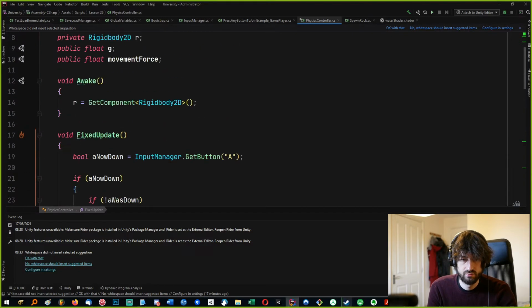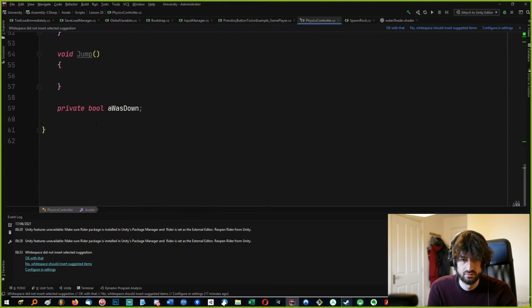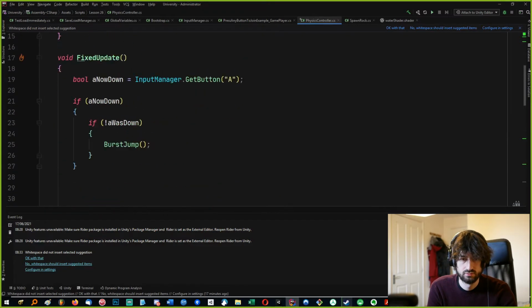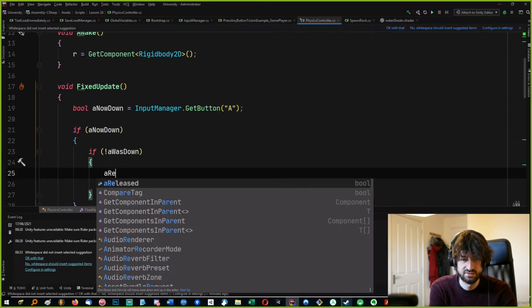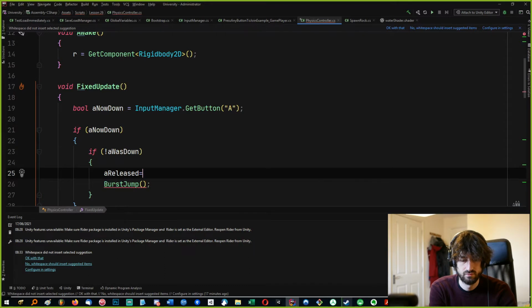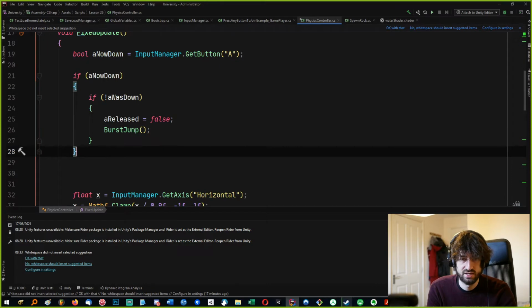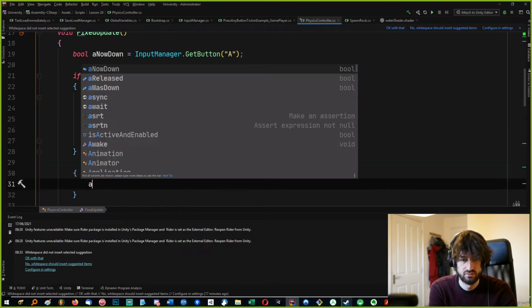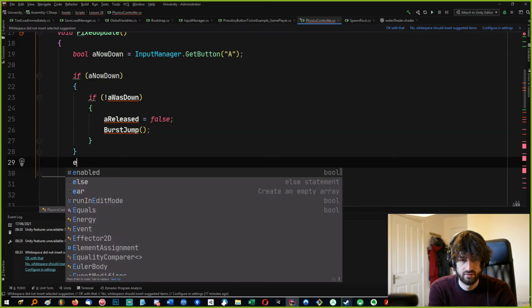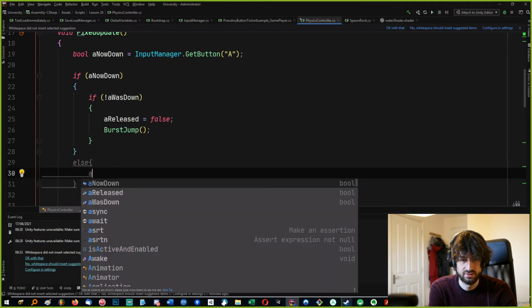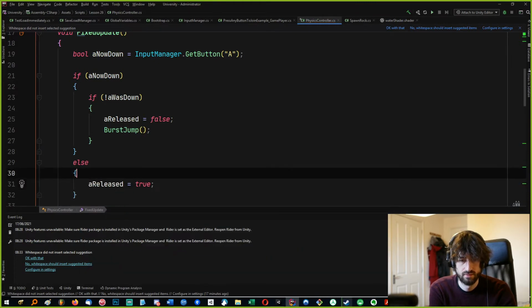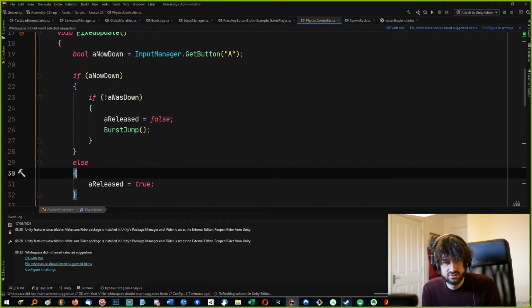Then we probably need, we'll make a bool called A held, or A released. Right, and we'll say A released is not true. It's false, right? Because as soon as you're pressing it, it's not released. Now we'll say if A is not down, then, you know, A released is true. Okay, right, so